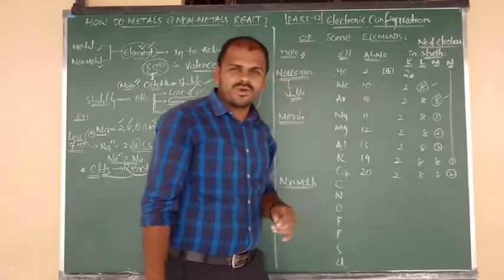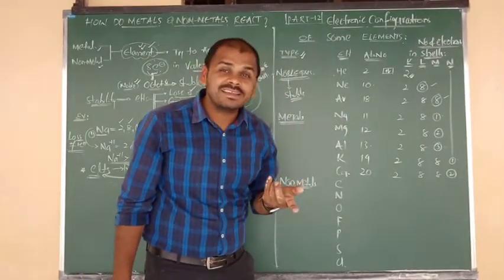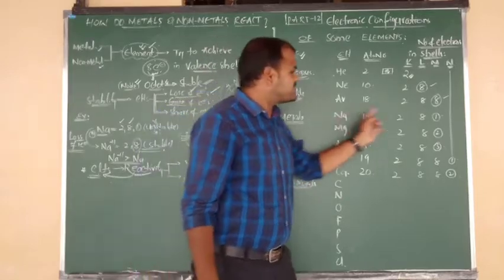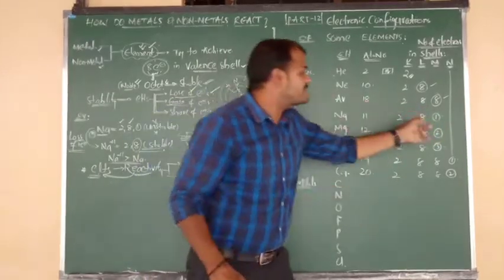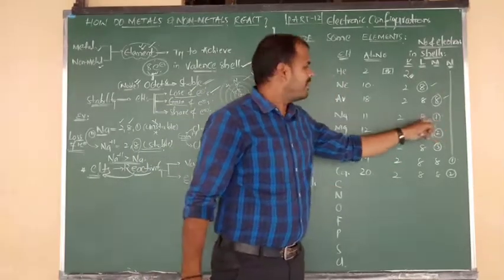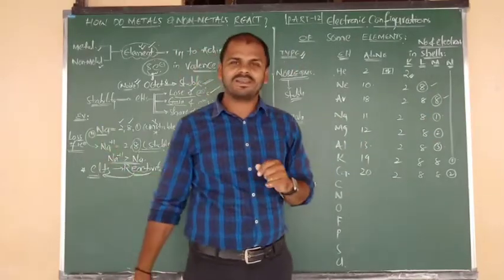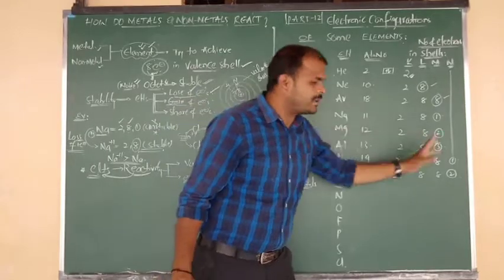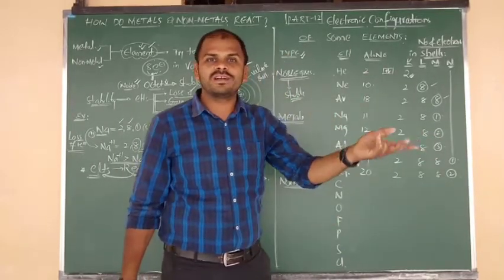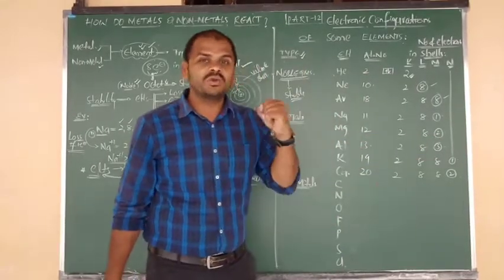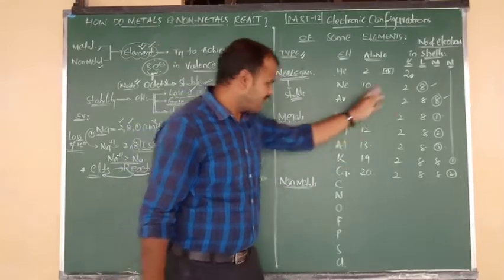Sodium valence electron is 1, but 1 electron in the outermost orbit means unstable. That's why it is ready to lose 1 electron. After the loss of 1 electron from the M shell, the remaining is 8. So now Na+ gets stability like the noble gas example earlier. And magnesium has 2 electrons in the outermost orbit. After the loss of 2 electrons, it again gets 8, so it is a more stable configuration in that manner.